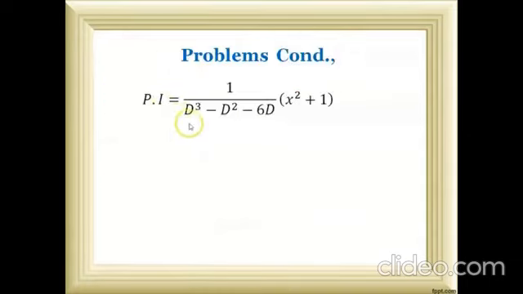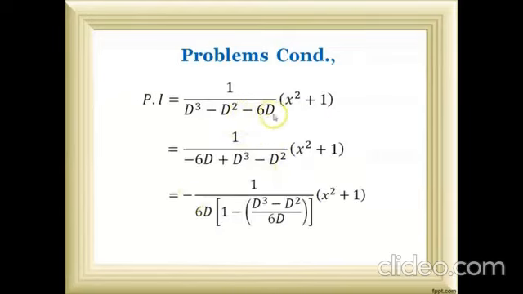So let us move on to the particular integral, which is equal to 1 by f of D into the right hand side function. In this particular type, I need to make the constant term equal to 1. Otherwise, move on to the D term. Here, I am going to take minus 6D outside. After taking minus 6D outside, I get 1 minus the remaining terms divided by minus 6D, into x square plus 1. I am doing this because I want to make it into the form of the binomial expression formula.